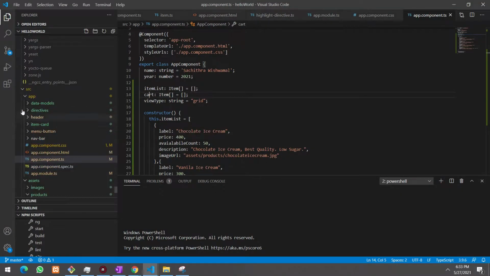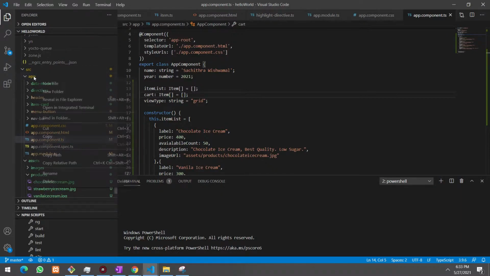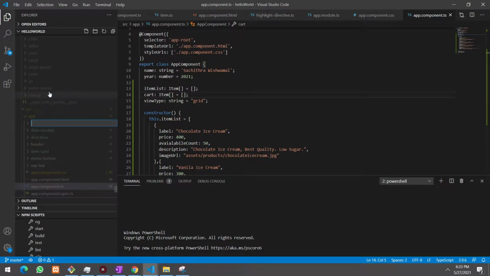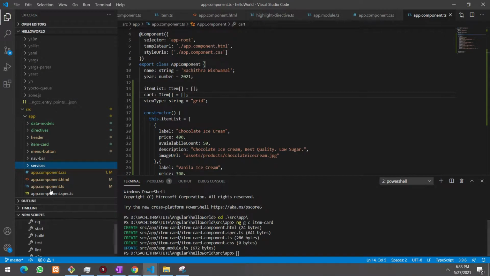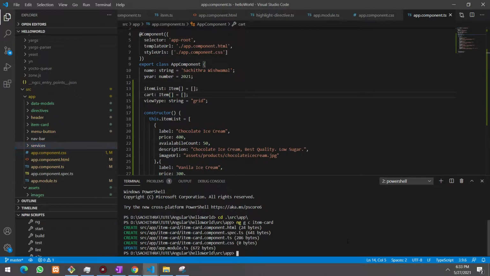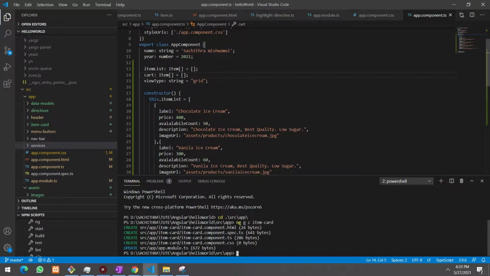Before generating a new service, I would like to have another folder. Let's say services. Inside that folder, I'm going to create my first service, which is the item service. I navigate to that services folder,